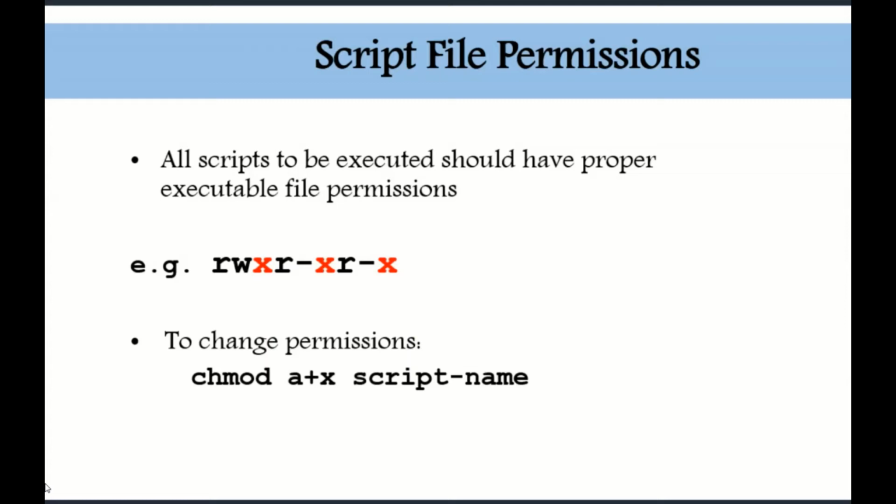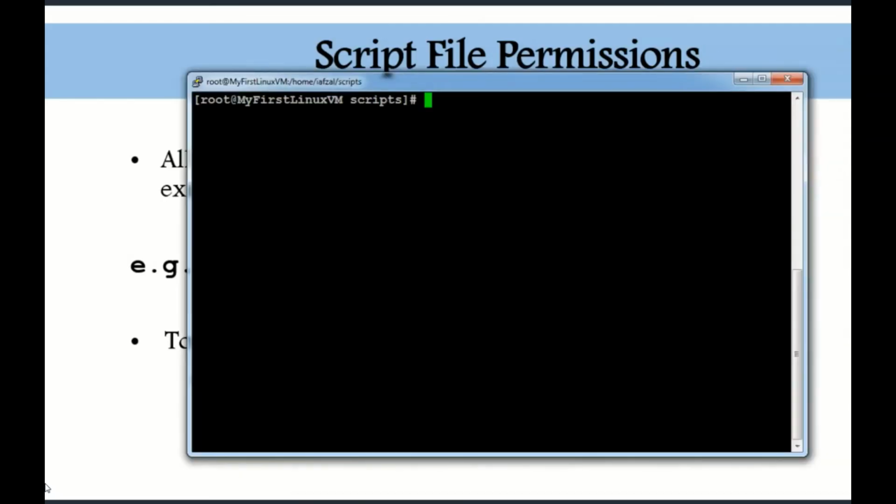Now let's see, if I log into my machine and I create a script, how can we change permission? So let's see, where is my Linux machine? My Linux machine is right here, and I am in my /home/ifzol/script directory. I wanted to create a script, and there are a few ways you could create a file. First, you always create a file. You could touch it, you could vi it, and you could echo it and output to a file. The different ways, whichever way you want to start creating a script. So the first thing I will use, a very basic one, is touch, and the name of the script, let's say the script name is apache